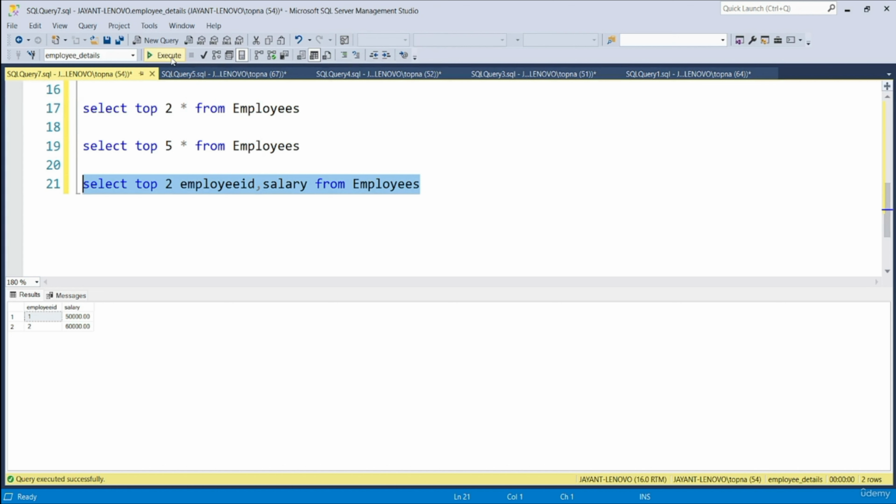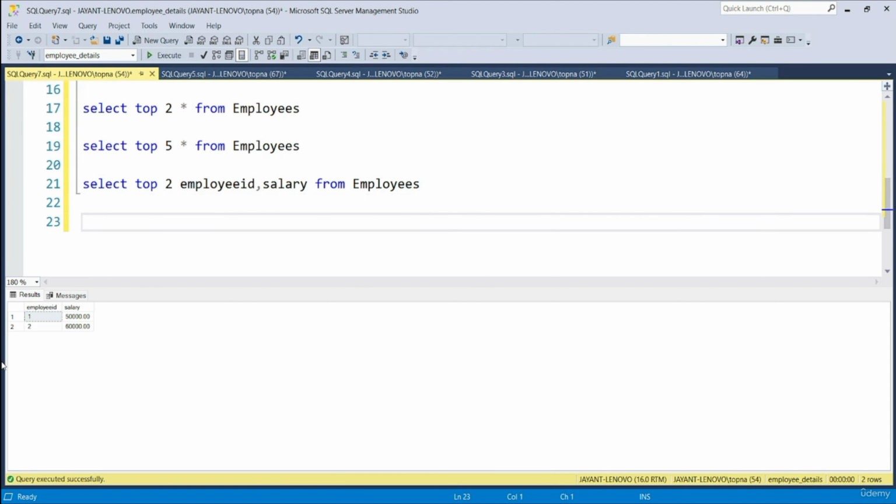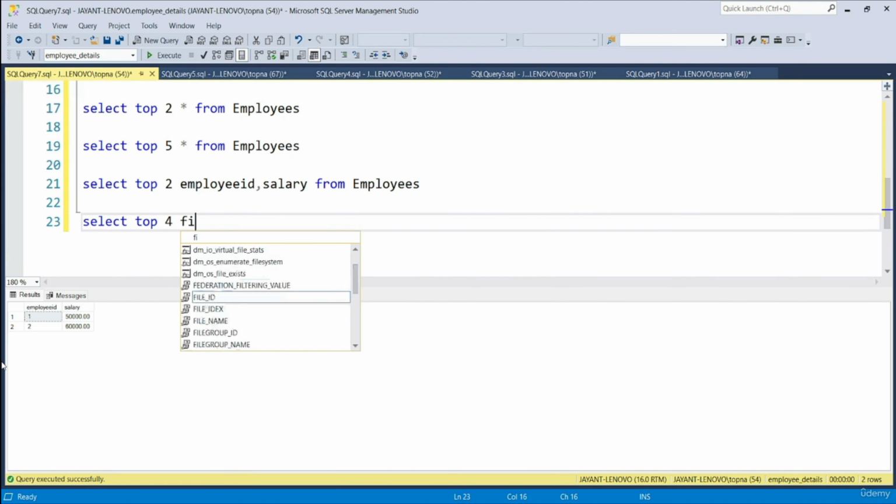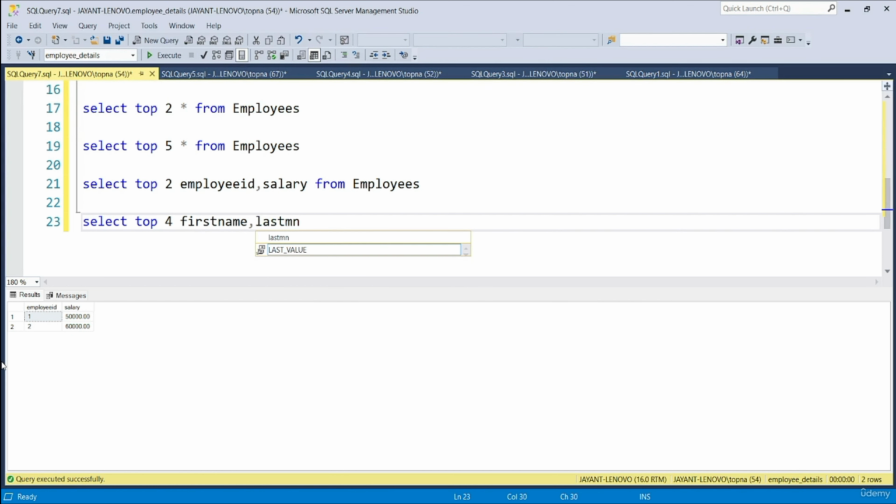So it will give us only 2 records with employee ID and salary column, because at this point of time, we have not used star in the highlighted select statement that you can see on the screen, right? And let's say if you want to know about top 4 records where first name and last name are being shown, so you can always write select top 4 first name, comma last name from dbo.employees.